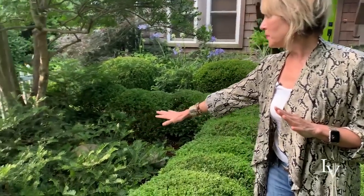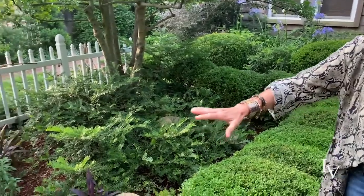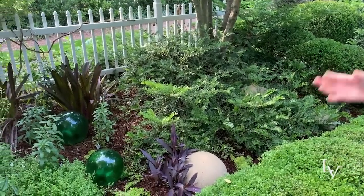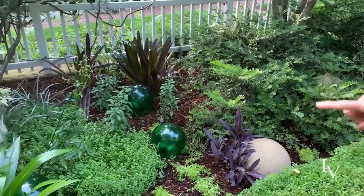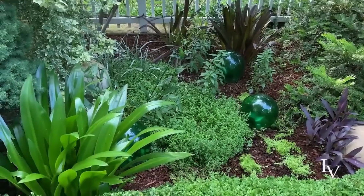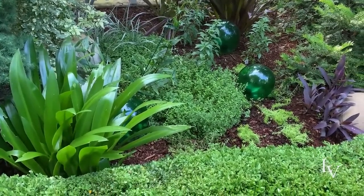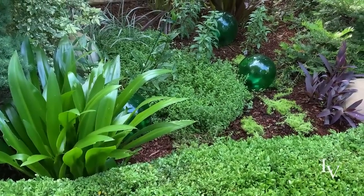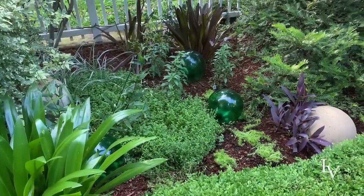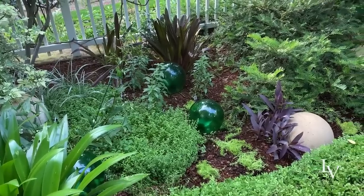Again, it's all about textures here and about different colors of green. So on the east side, we see lots of vertical projectile phlomis. That is a very bright green, and it's glossy against the more matte quality of the foliage of the green mountain boxwoods. But you'll also notice that that same reflective quality is picked up in these green orbs,